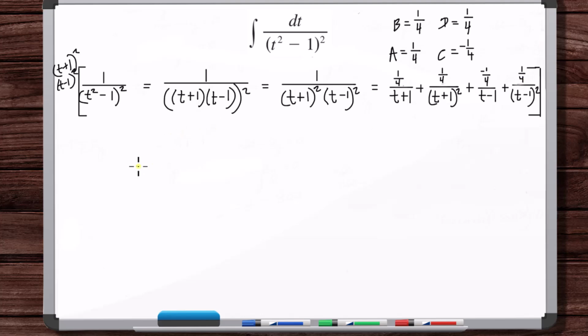Okay, so this integral is equal to, and we can split it into separate integrals. So 1/4